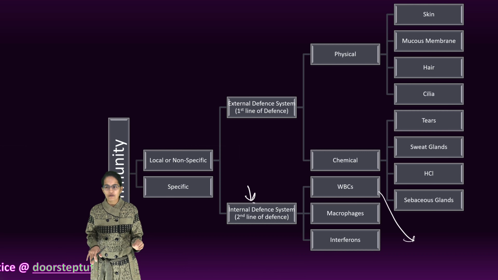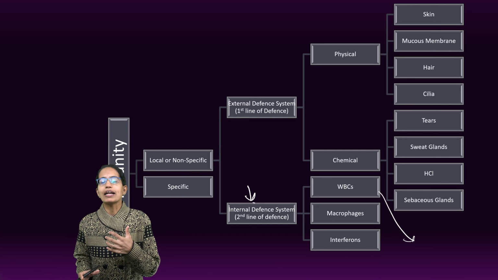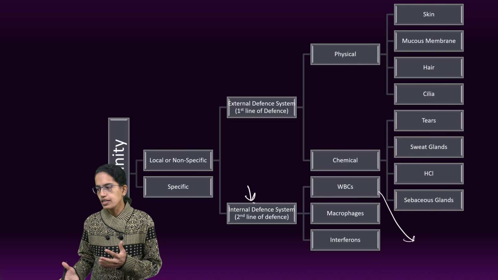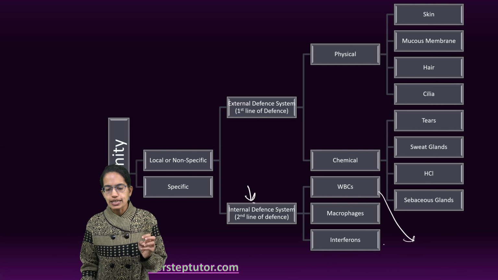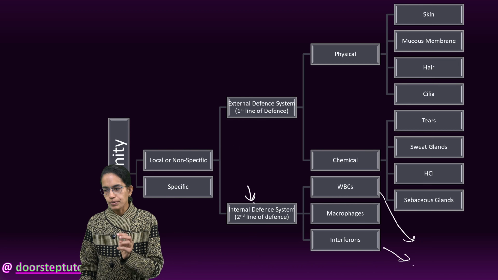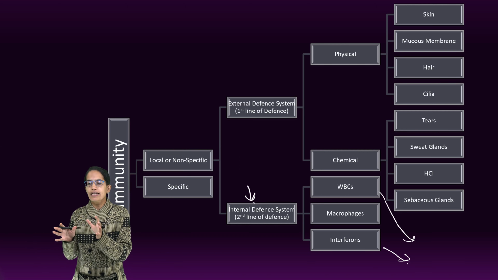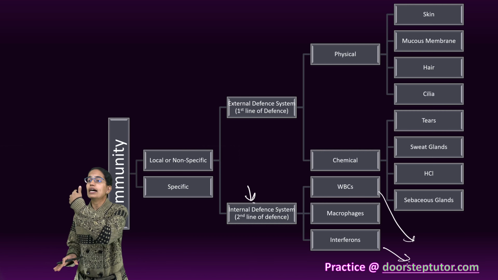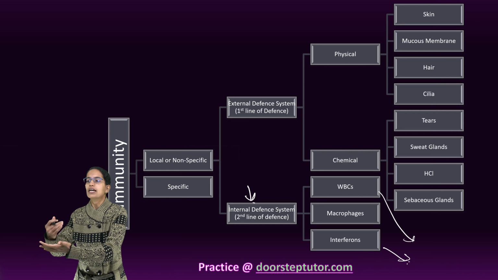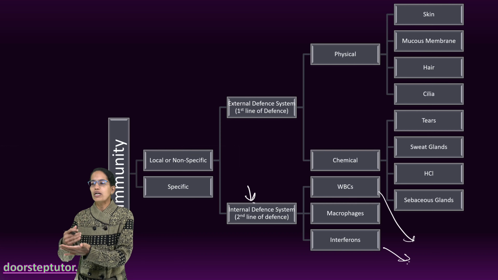The next is macrophages. Macrophages are large cells which are released through the lymph, the spleen or the linings of the blood vessel. They move to the site of infection and act in a similar way as WBC. The next is interferons. Interferons are chemicals which are made by the dying cell. So the dying cell which was affected when a viral infection occurred would release certain chemicals. Now these chemicals would protect the other cells from getting infected by that virus, and this is what is known as interferon. It is interfering and therefore it is called interferon.